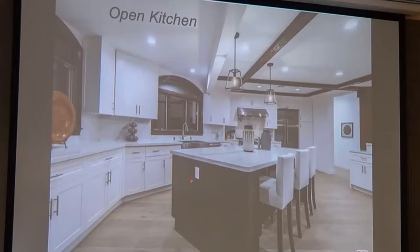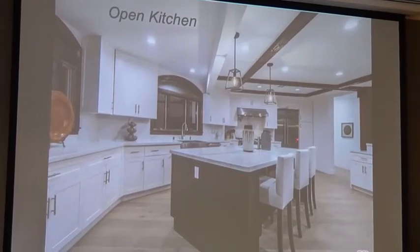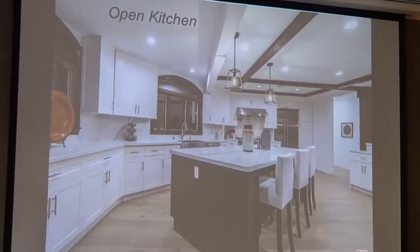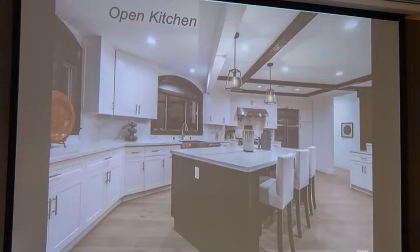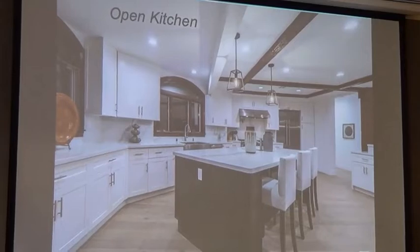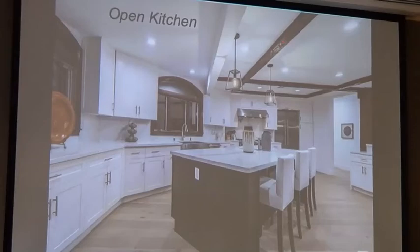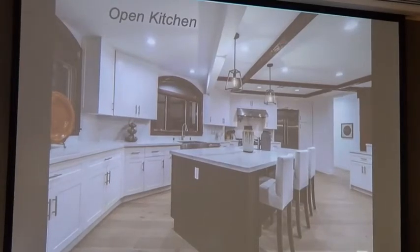So all new cabinets, oversized island. I put a Sub-Zero here, Viking stainless steel, farm stainless steel sink, and this was where the door was to the dining room, is now where the Sub-Zero was. And there's the hallway that leads down where the bedrooms are on the back. And we took wood and put rafters, and we distressed them with hammers and then stained them so it looked really authentic,